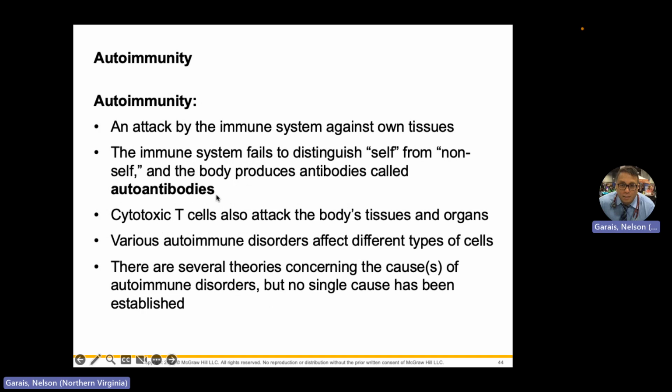Autoimmunity, we already talked about that. It is when your immune system cannot recognize itself, and then there becomes friendly fire, meaning that your macrophages and your T cytotoxic cells and your NK cells will start attacking your body. And that's not good because you're going to have multi-systemic effects. Okay, and we have a whole bunch of theories, most of them genetic, but it's usually the failure of your body to chemically recognize itself. Okay, on that note,